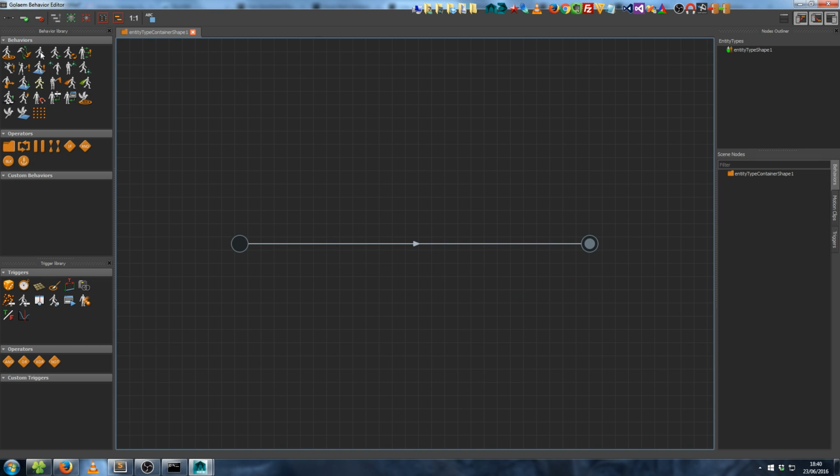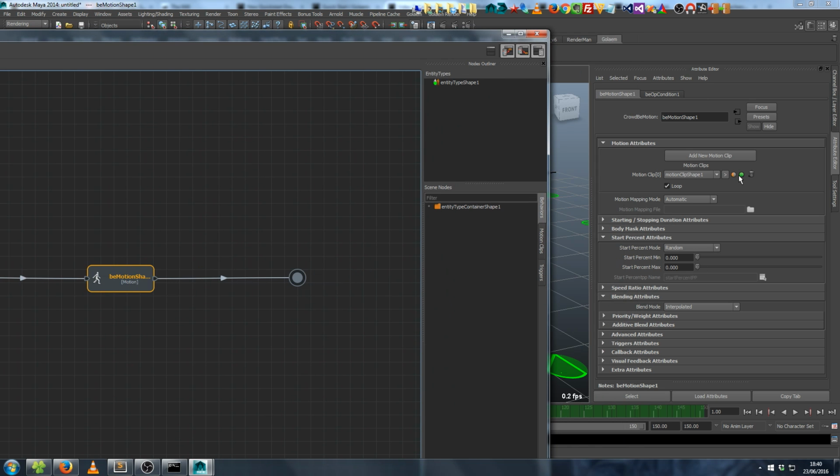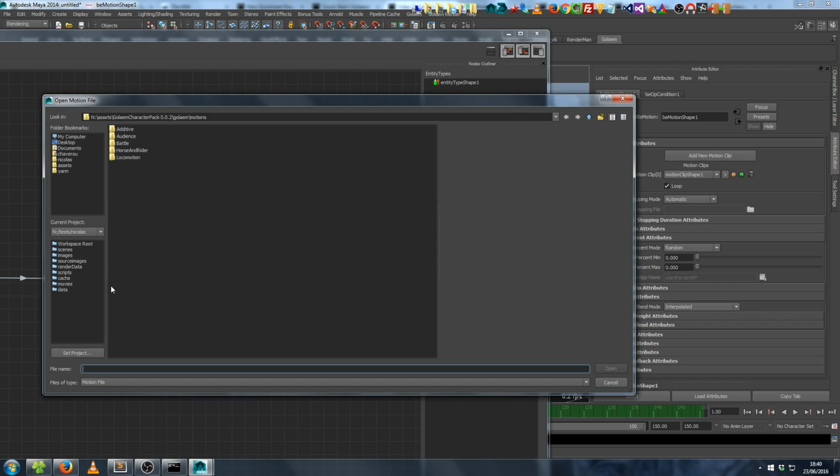Let's say I want to play motion onto my character, so I'm gonna drag and drop motion behavior, which is the third icon here, and I'm gonna drop it onto the behavior flow. It creates a motion behavior node, and that node is just a Maya node which has a couple of attributes. If I double click on that motion behavior node, it opens a file browser where I can actually pick my